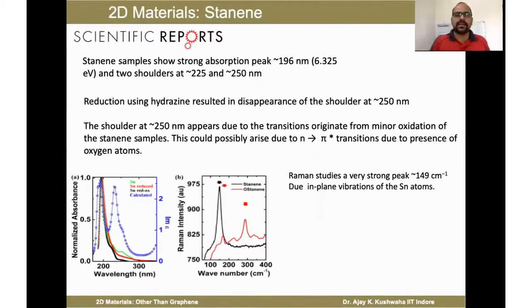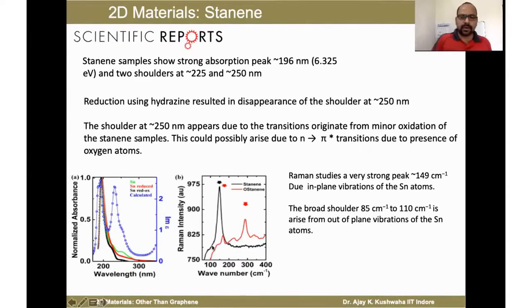Similarly, the Raman spectroscopy shows a very strong peak at 149, corresponding to the stanene, and that is basically related to the in-plane vibration of the tin atoms. Meanwhile, they have also observed a broad peak in the 85 to 110 range, and that corresponds to the out-of-plane vibration of the tin atoms. So that is there for these two materials, stanene and